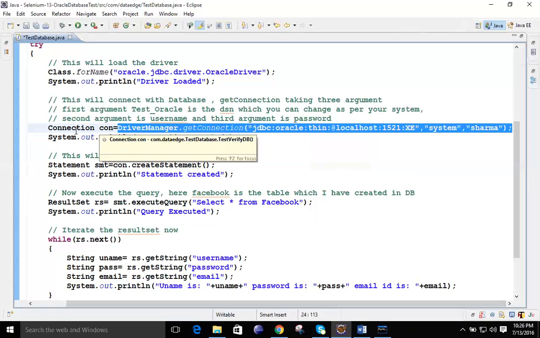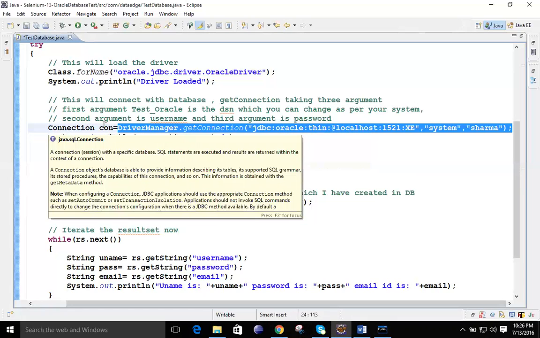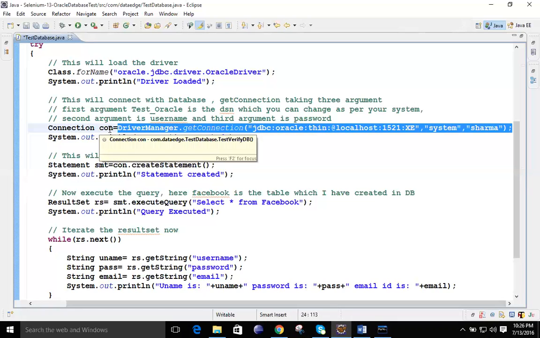Step by step, whatever class you are using, that object is required to go to the next line. So here Connection is a class, and we are using the con object. In con, we have stored all the things. Now you can see the message that connection created, means you are successfully logged in. If these three parameters are correct, then you will be successfully logged in. Otherwise, you will get an exception.